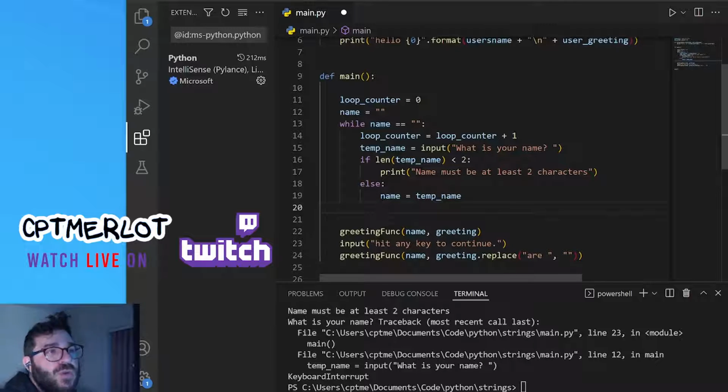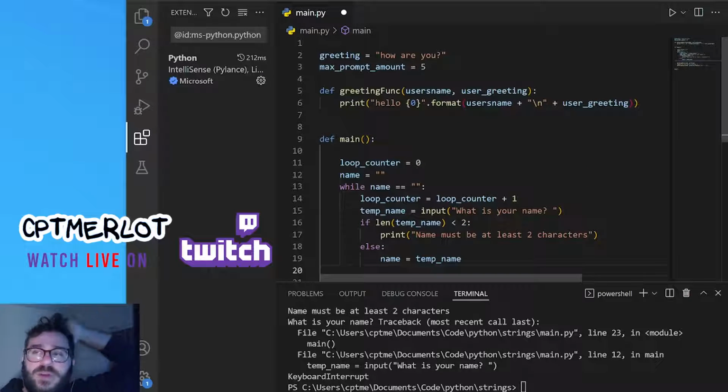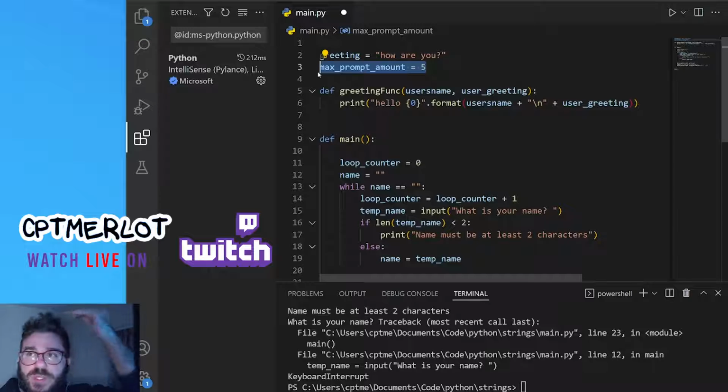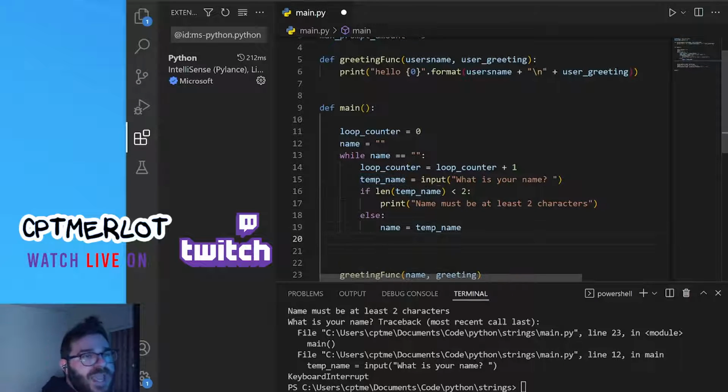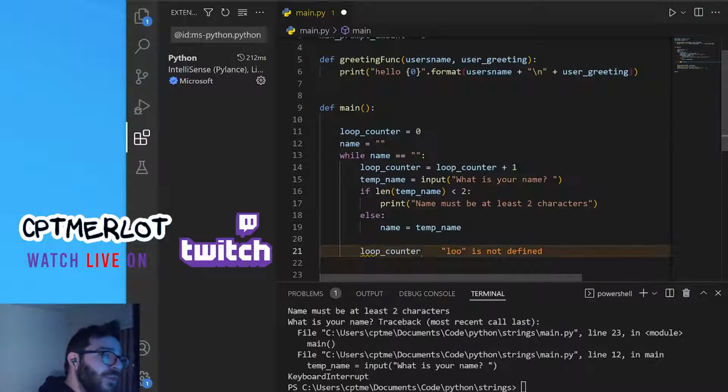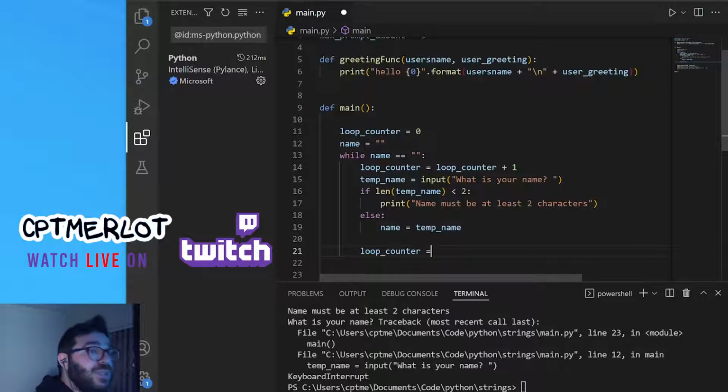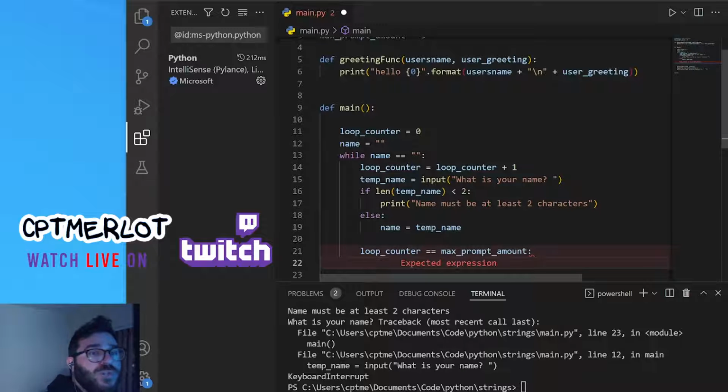So now that we have our loop counter set to 0, we know we only want to loop a maximum of 5 times. It means we only want to display to the user, hey, give me your name, a maximum of 5 times. So the way we can write that is, obviously after we validate that the name you gave me is at least 2 characters, we can go ahead and say, if the loop counter is equal to the max prompt amount, what we can do is say,